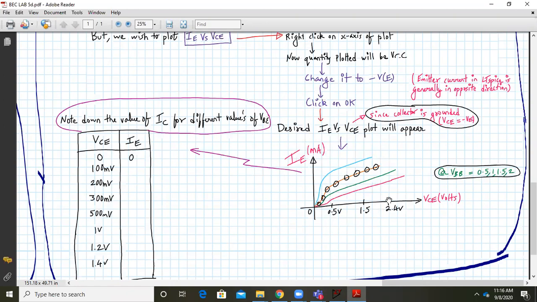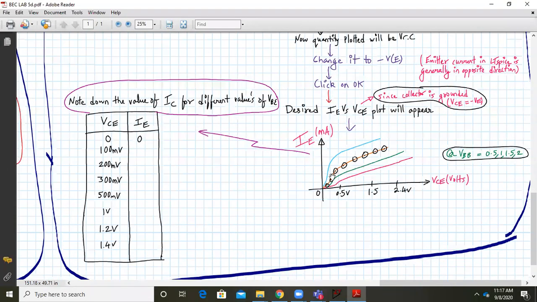So this is my output characteristics of common collector configuration using NPN BJT. VCE will be varied from 0 to 2.4, and these are plotted at various values of VBB, from 0.5, 1, 1.5 and 2. These are corresponding values of IB only. So this is my plot of output current versus output voltage. IE will be in milliamperes.